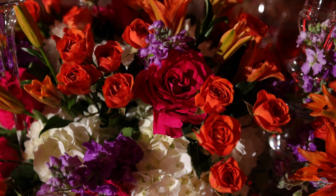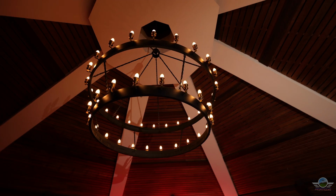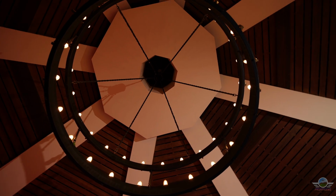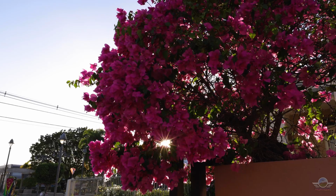The close-up, the wide shot, the close-up, another wide shot, the medium shot, the low light, lower light, and this one,